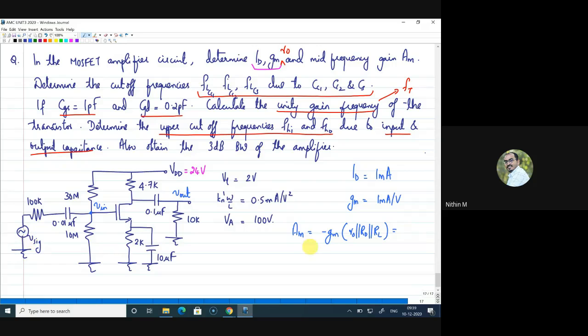So we will take this AM, or this is your V out by V in, and if I write V out by V signal, the same thing, minus GM into R0 parallel RD parallel RL into, you will have this component which is